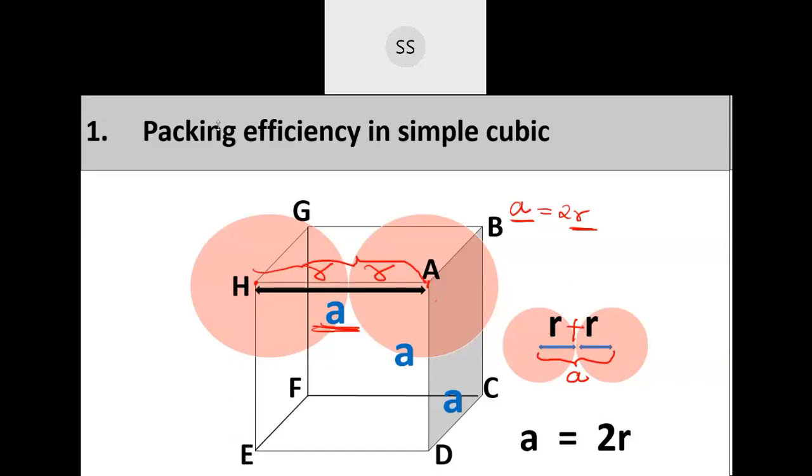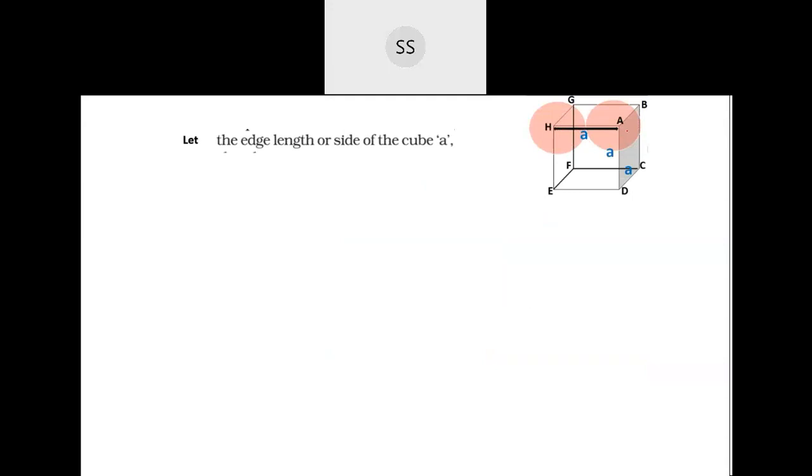Next one, it's there in the other page also, you can refer in case you have not finished. See here, that smaller one I have drawn on this side. Even in your notes you can draw on one side or in the center, no problem. So how are you going to start your derivation? You will start by saying, let the edge length, the side of the cube, be equal to a.